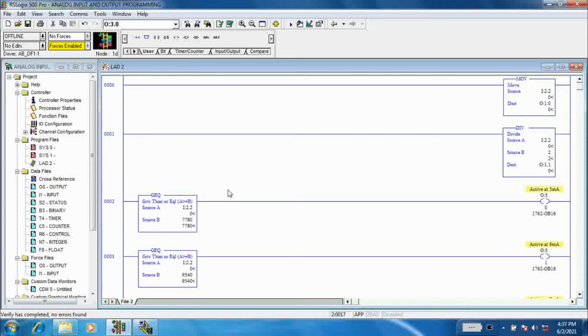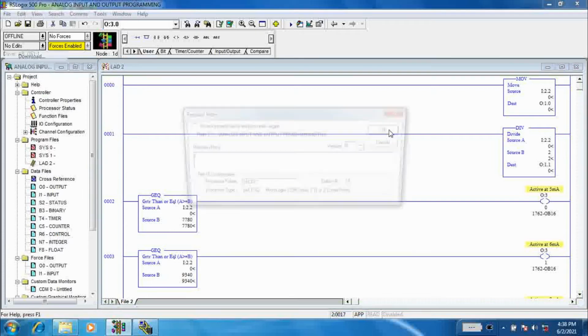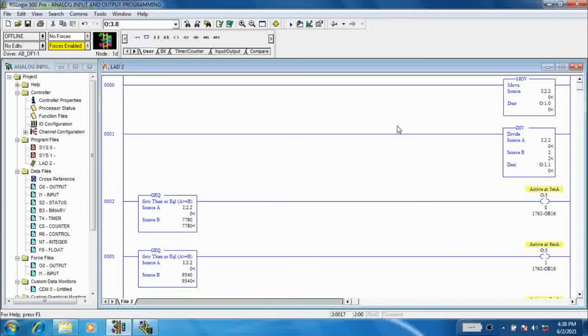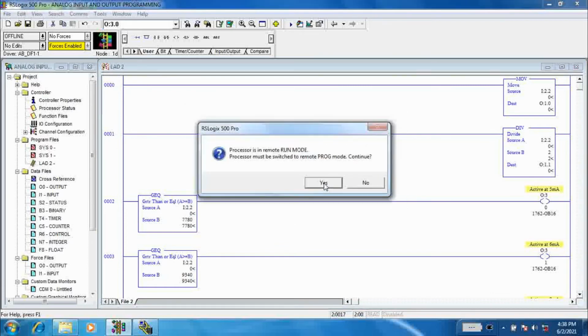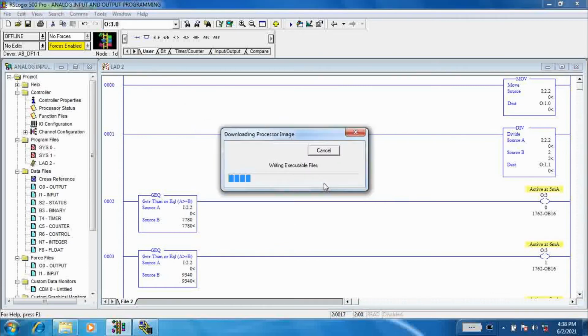Now download the program in your PLC Micrologix 1200 and go online.